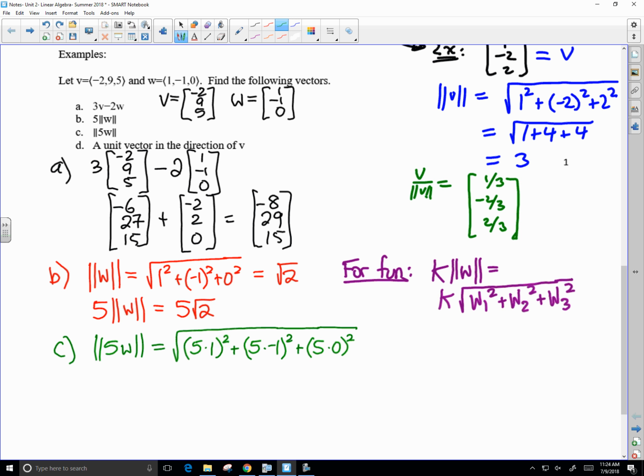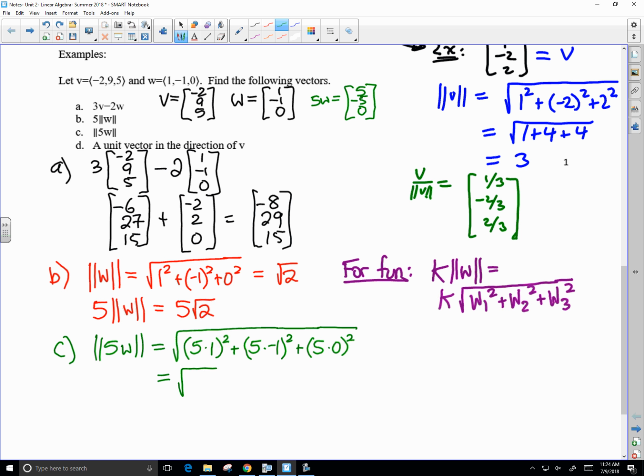So up here, I could have written 5W equals [5, -5, 0]. It amounts to the same thing. It's possibly an intermediate step that you're not interested in doing, but if you write it this way,